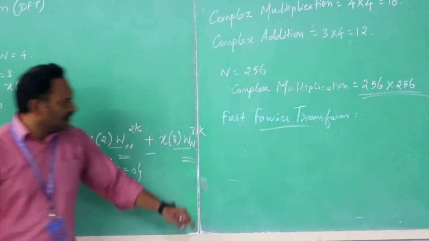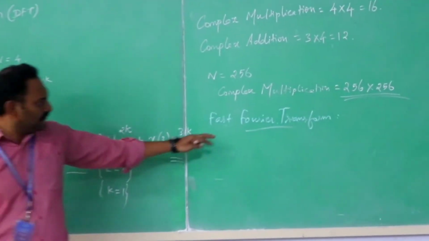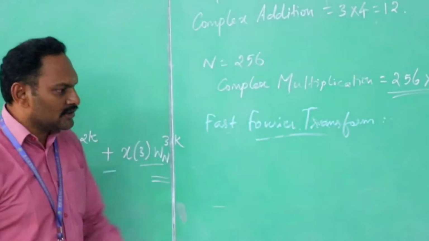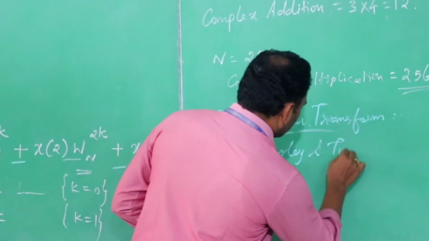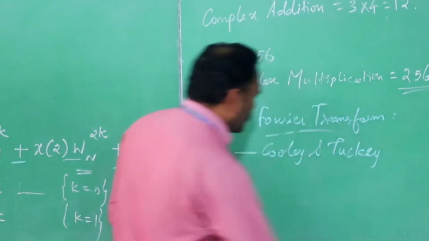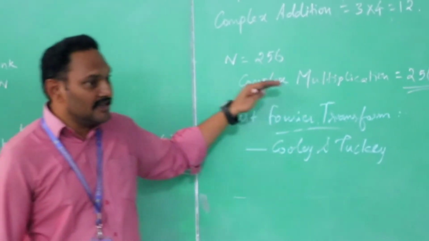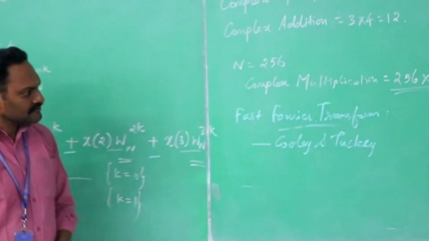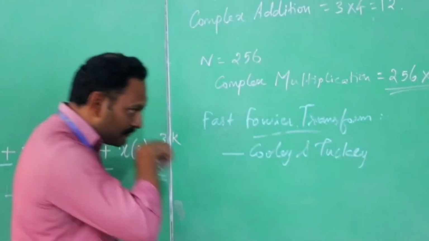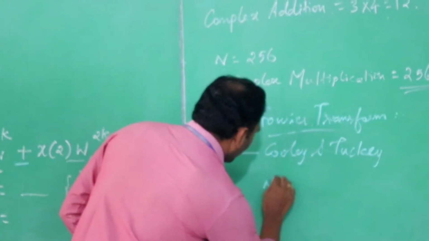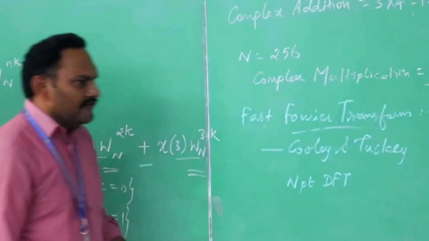Fast Fourier transform. From the word itself, we have the meaning: fast Fourier transform. This fast Fourier transform was derived by two professors, Cooley and Tukey. Two brilliant professors derived the fast Fourier transform to overcome the issues of DFT. Here Cooley and Tukey suggest that if you are going to solve the N-point DFT of the sequence,